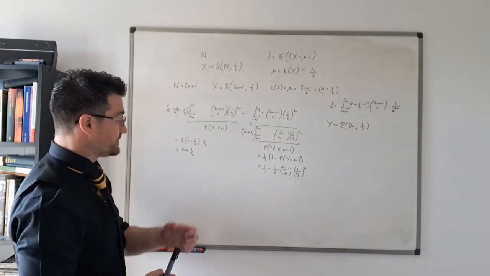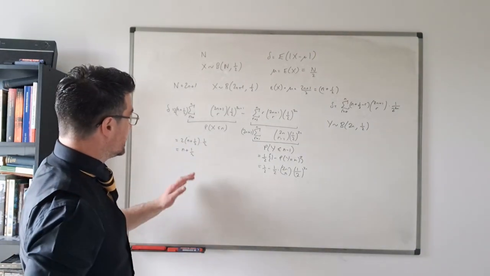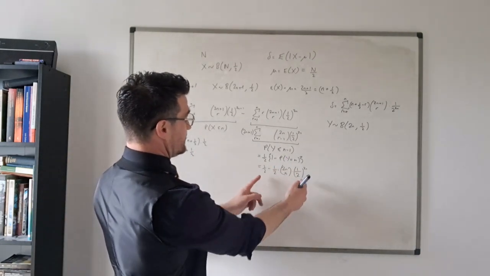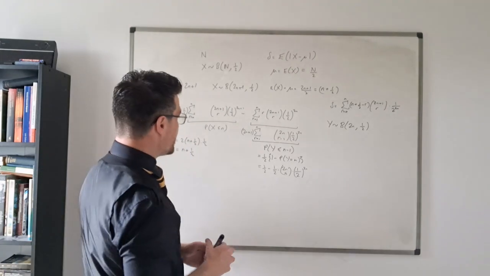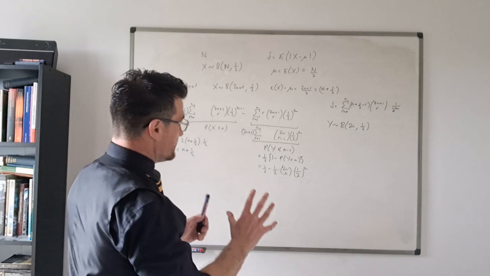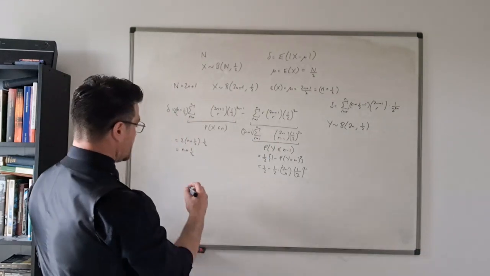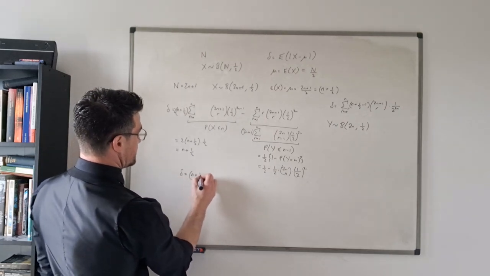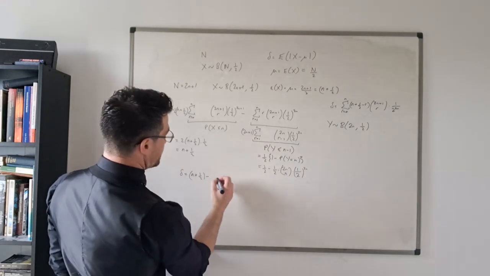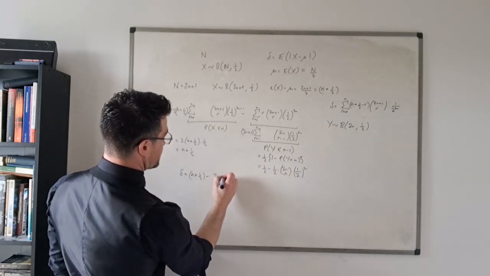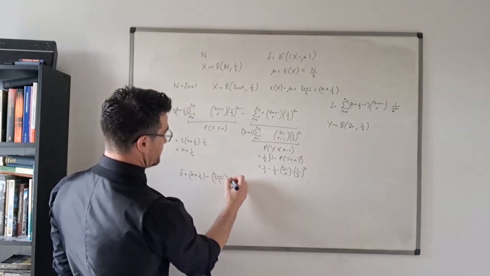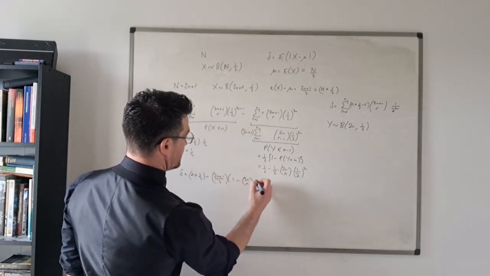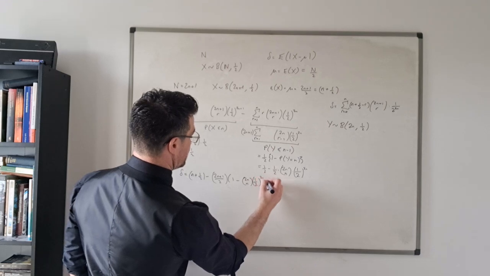So this is looking good, right? So it's just this, take away this now. And then I've got a little bit more manipulation to go. But once I've done that, we're all good. So let's have a look. So delta, therefore, is going to be equal to n plus a half minus 2n plus 1, in fact, I'm going to write it as 2n plus 1 over 2, times 1 minus 2n choose n, half to the power of 2n,